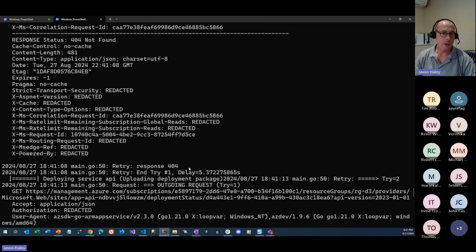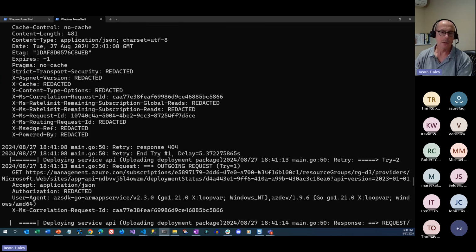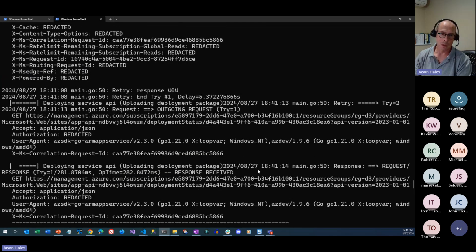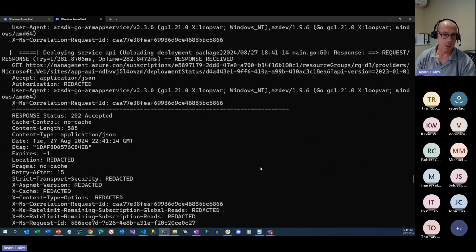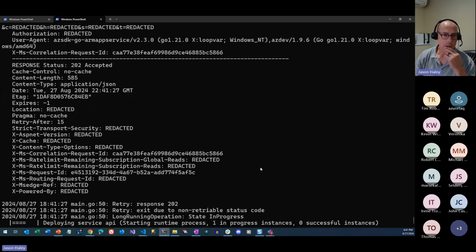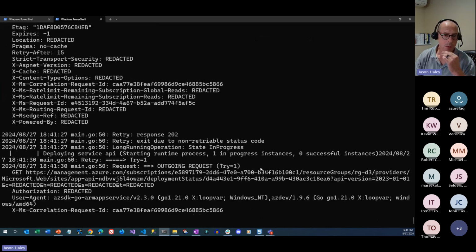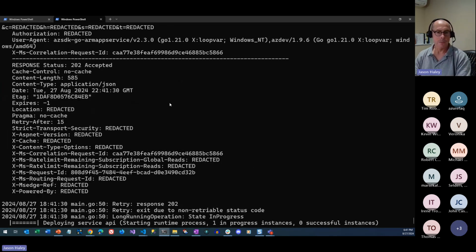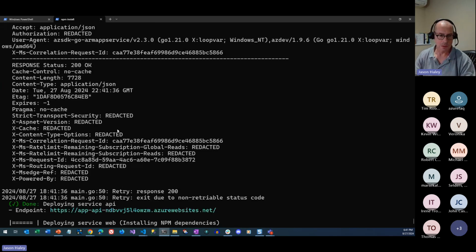It's scrolling by so fast. Main.go. Yeah, so AZD is written in Go, if I recall. I've got a link to where you can find the source code. It's open source, so you can actually submit anything to it if you want to get involved. So anyways, there's nothing to deploy here. This is just going to